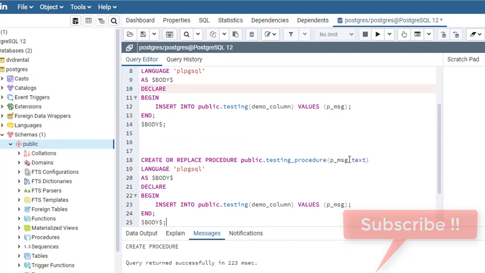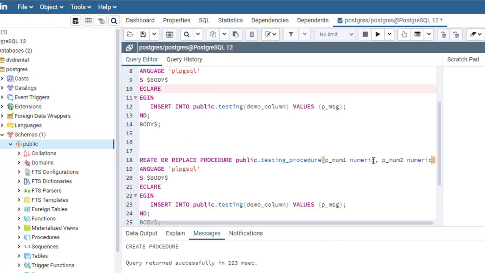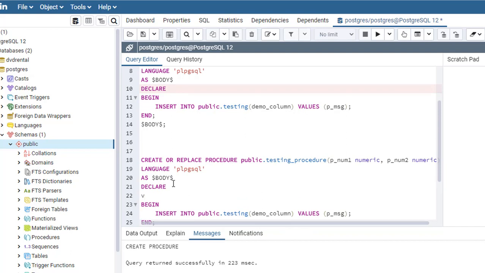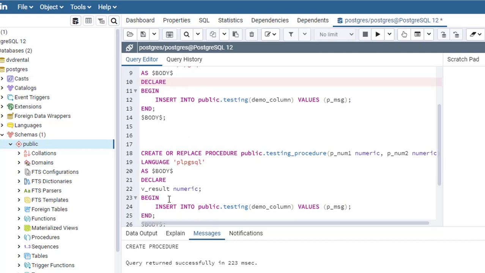I'll change p_message to p_num1 of type numeric, and p_num2, which is also numeric. Here I need one variable, v_result, that will also be of numeric type, and v_result equals p_num1 plus p_num2.